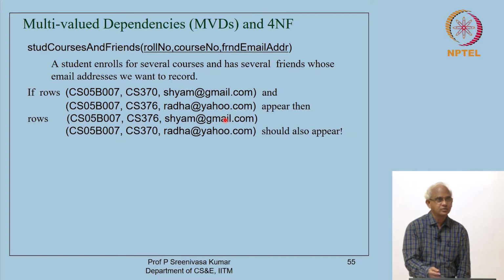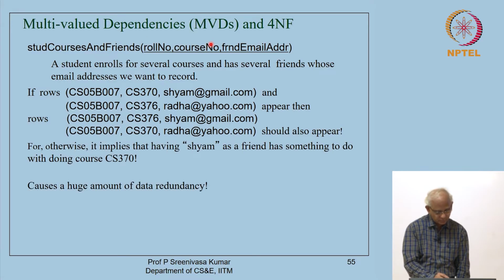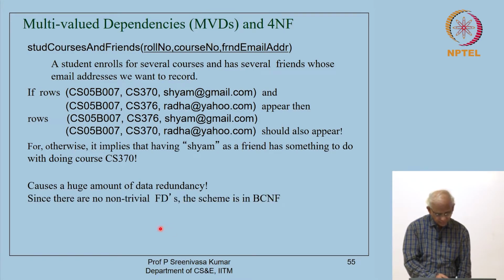The relation has huge amount of data redundancy, but all the machinery that we have set up so far is not able to detect that because there are no functional dependencies. Okay. So, this is the kind of situation that is detected by what are called multivalued dependencies. So, before we formally define them, let me show some more examples. Actually, I will define them